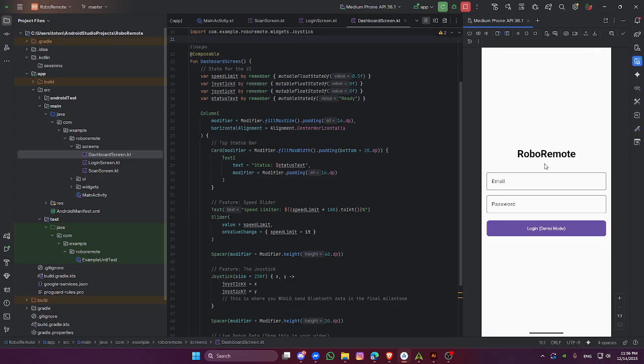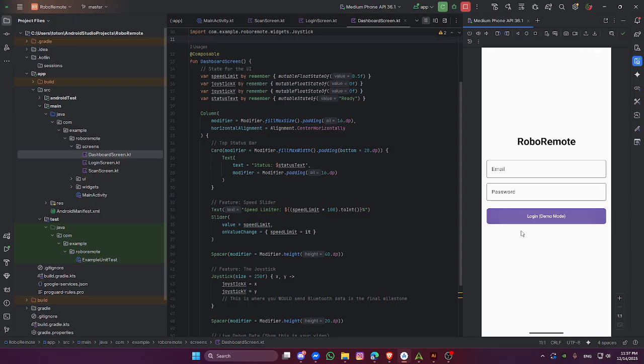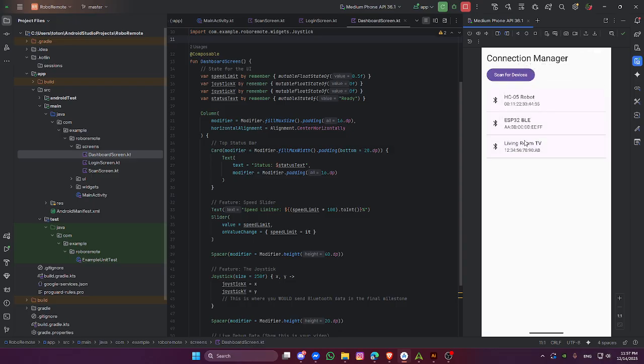this is the basic layout of the application. As it's a demo mode, I have not yet implemented the email and password verification system. It will be implemented in the final part. So if we go through the main dashboard,